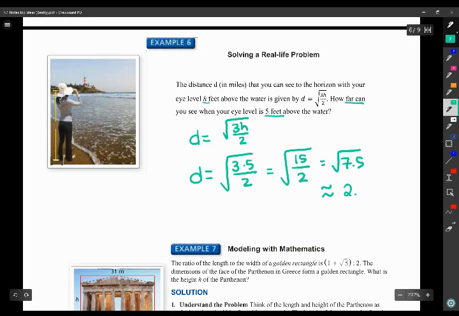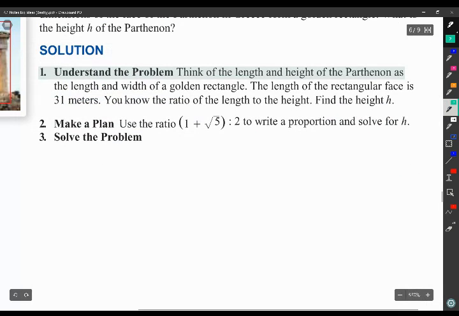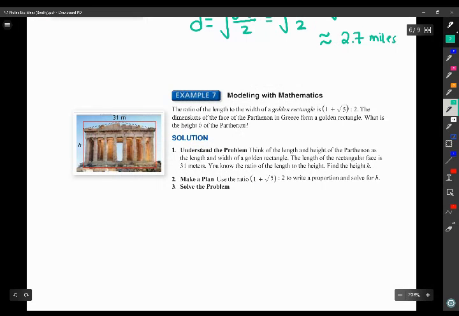And so this would be 2 point, and it will tell you what place value to change it to. So we're going to do, actually it doesn't tell us, but we're going to just guess 10th place. So 2.7 miles is how far you can see if you're 5 feet above the water. And then when you look at example 7, it talks about the golden rectangle is 1 plus root 5 to 2. So they want you to write that as a ratio first, or a proportion. So you're going to go 1 plus root 5 over 2 would be one way, or you could write it as,